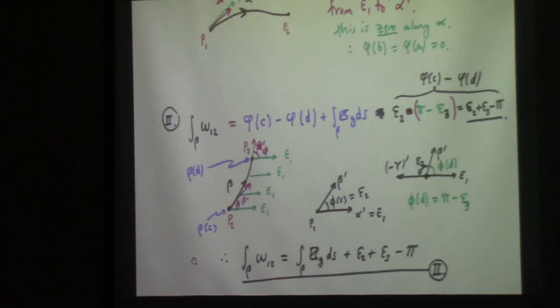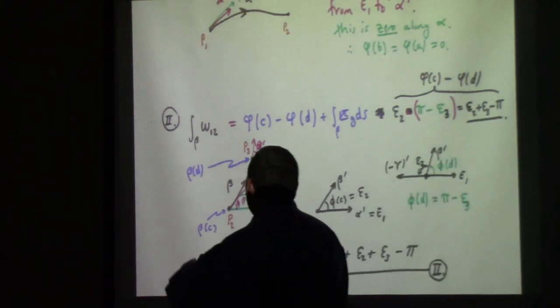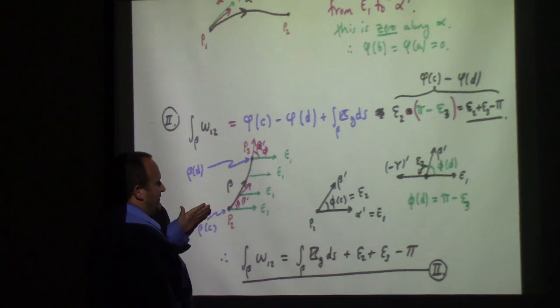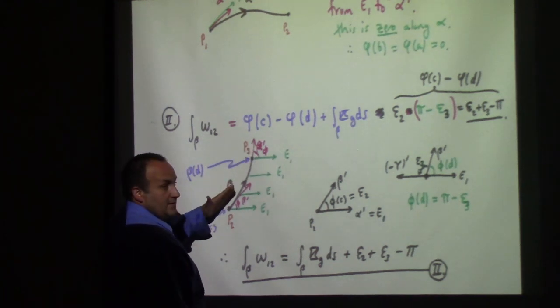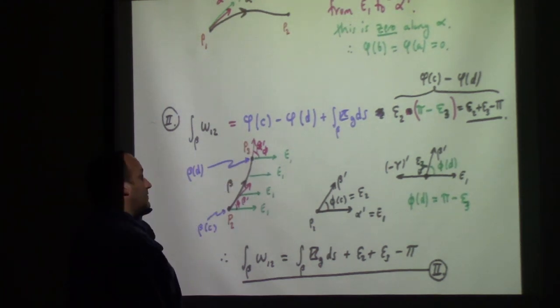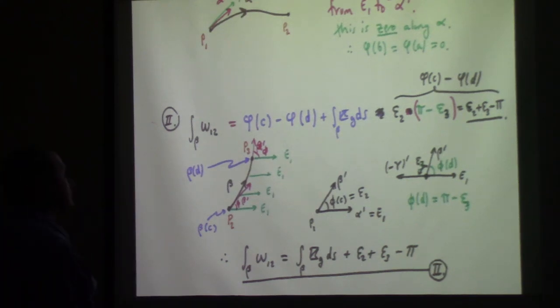So like this next piece here, omega 1, 2 along beta, remember beta doesn't have U as a parameter, it's got V as a parameter, right? So let's see here. So phi of C